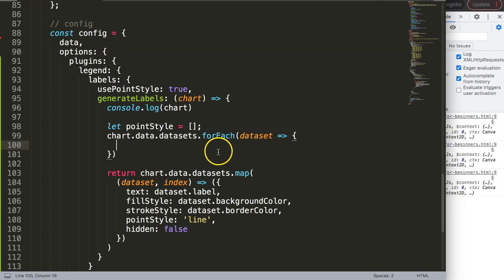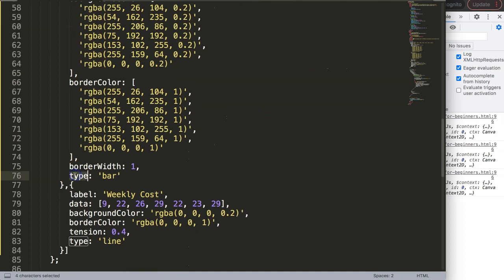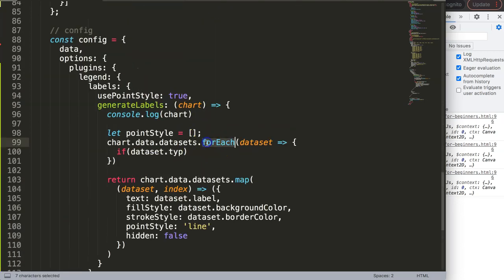And then here, all I will do is an if statement. And this if statement will loop through the items, and it will push a value in here. We'll say if it's a bar, we want a certain shape, and if it's a line, then we want the line shape. So what I'm going to do here is the following. We say if, then dataset, then dot type. Basically, because here we are in the datasets, which is basically this here, then dot type would be this one here. But because we are in the forEach, it will loop through every item here. So we say if dataset.type